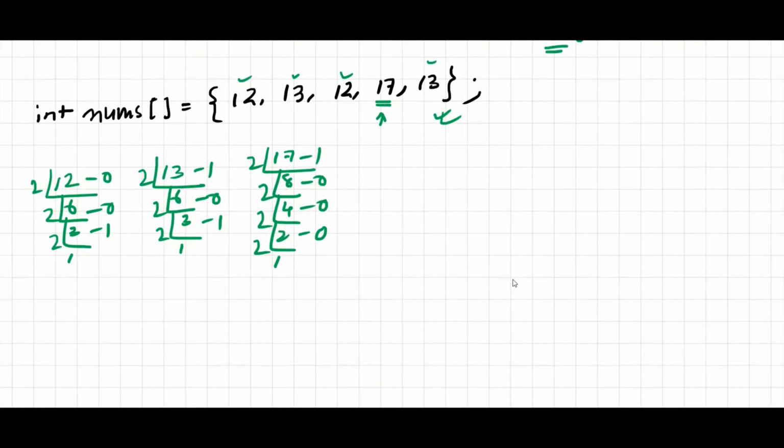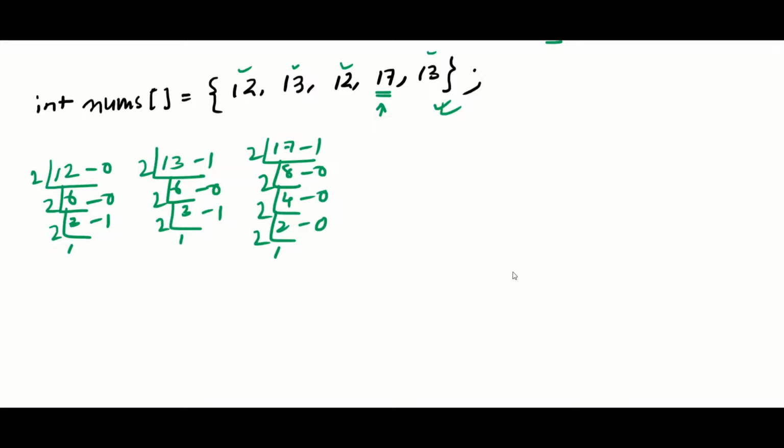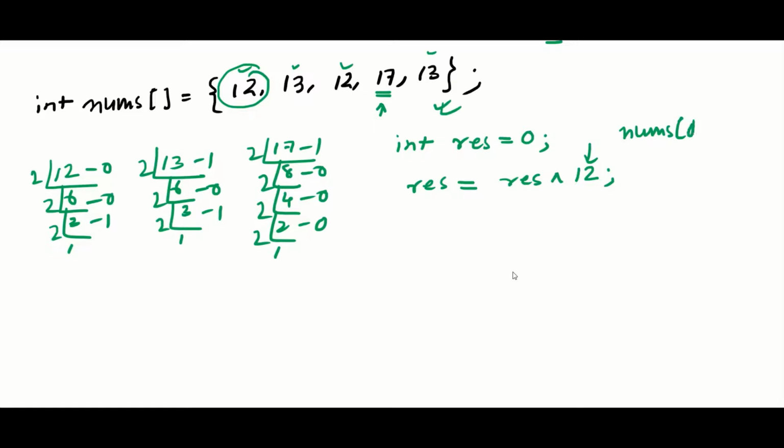Okay, so here is the first number in this array, 12. So let's declare a variable over here: result is equal to 0. Fine, it should be an integer, as we all know that bitwise operators cannot be used with any other data type. So now let's repeat this step: result equals result XOR that particular number. This is num of 0, the first number.